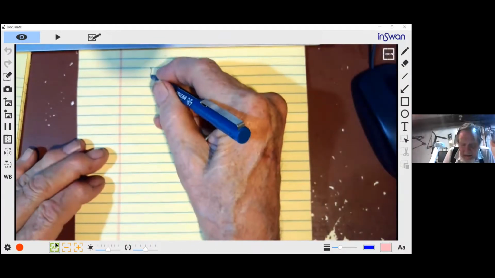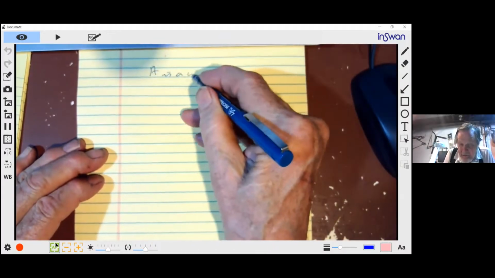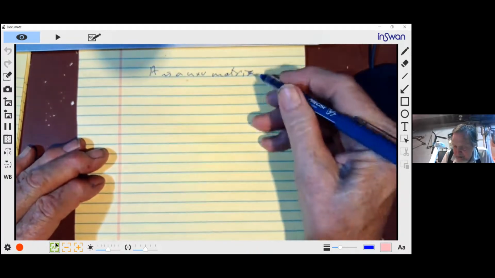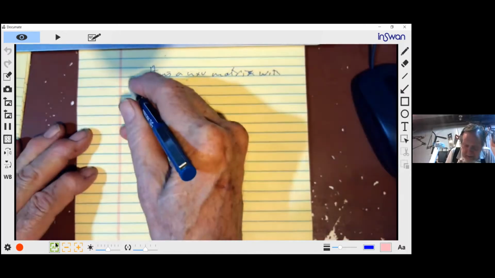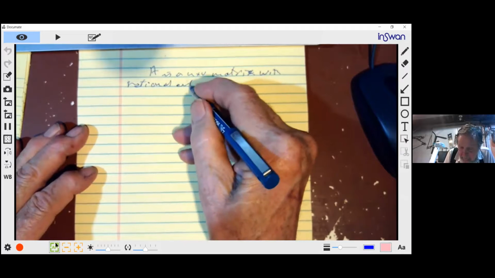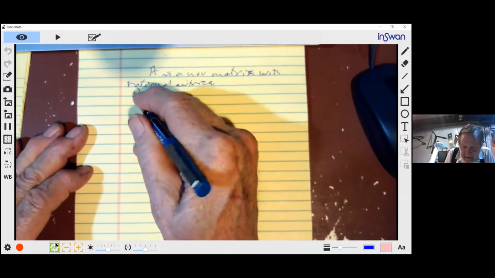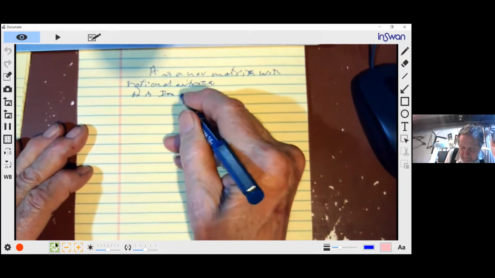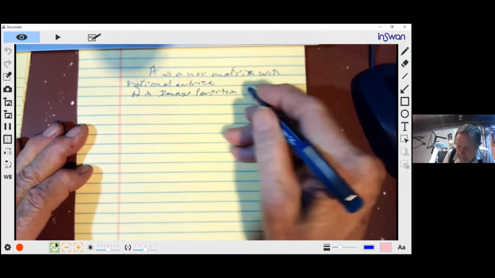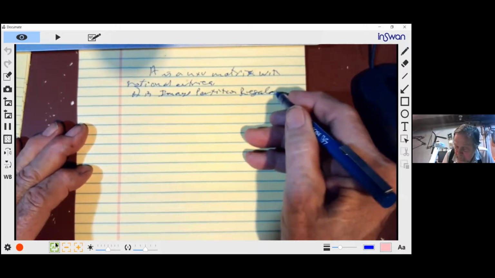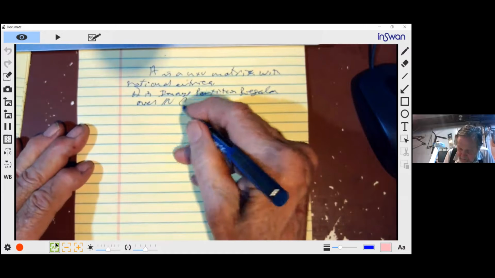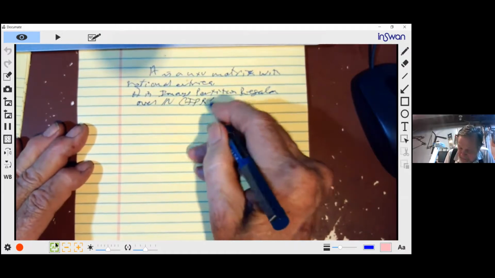Okay, so A is a U by V matrix. U and V are positive integers with rational entries. A is image partition regular over the set N of positive integers, which is written IPR over N,